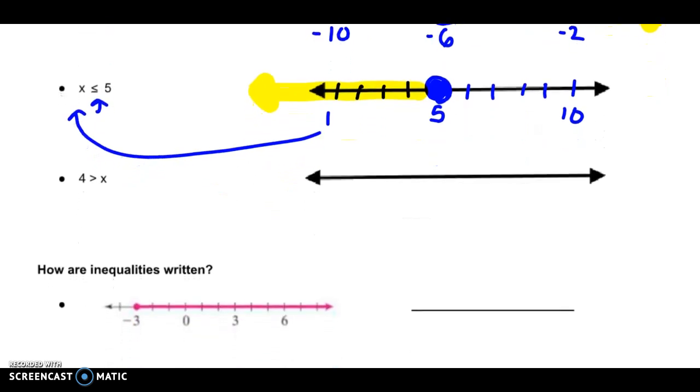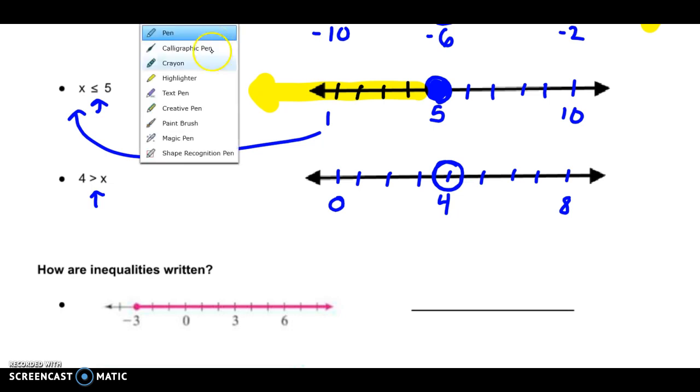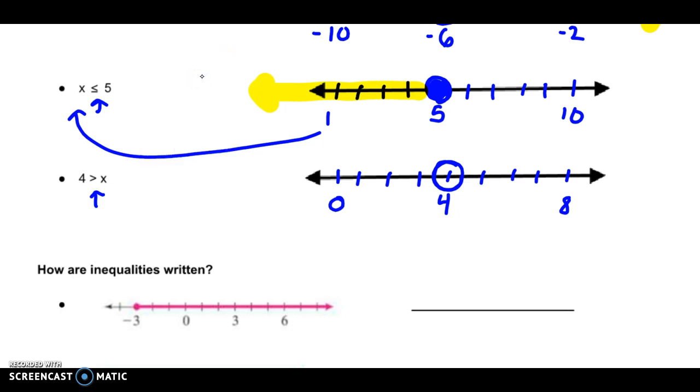Then our last one, we see 4 is greater than x. So I'm going to start with a 4 right in the center, add a couple tick marks on either side of it to give some context. I see that the symbol that is being used doesn't have an equal bar, which means that we are not including 4, even though that's the number that is written. So I'm going to use an open circle, and then I need to highlight the numbers that are less than 4,